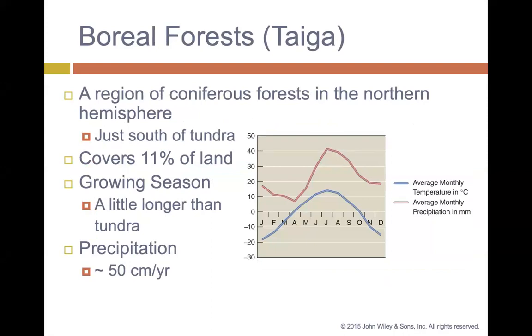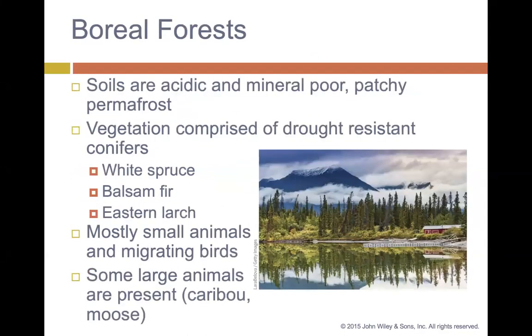of the tundra. It covers about 11% of land, and the growing season is slightly longer, with precipitation a little bit more too, about 50 centimeters per year. In the boreal forest, soils are acidic and mineral poor. There's patchy permafrost, and vegetation is comprised of drought-resistant conifers like the white spruce, the balsam fir, and the eastern larch. There are mostly only small animals and migrating birds, with a few large animals present, like the caribou